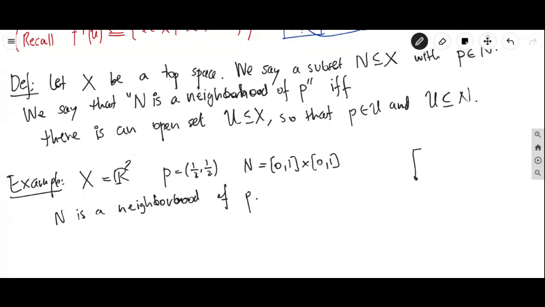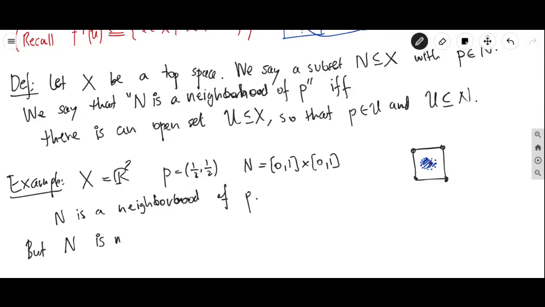So this is our closed square, and the point P is right here in the middle. It does not have to be in the middle, but it's there. And you can see that you can draw, let's say, an open disk. It does not have to be an open disk. It also could be an open square or something. But you can find an open set sitting inside N. So an open subset of the ambient space R2 that is also sitting inside this N. So that would be a neighborhood. But